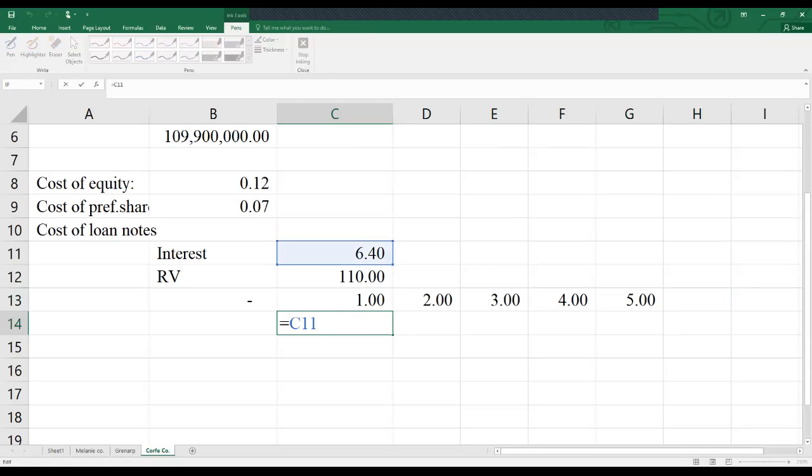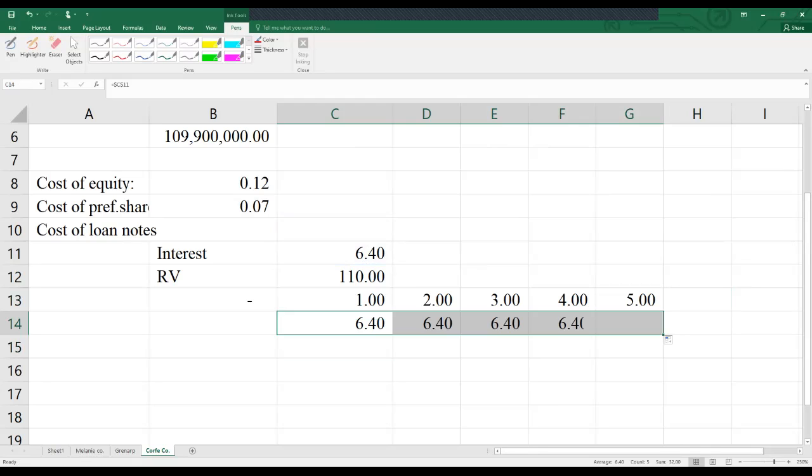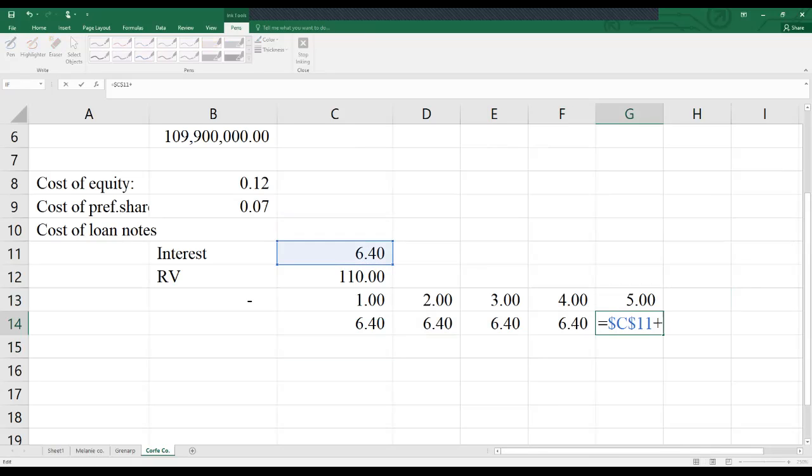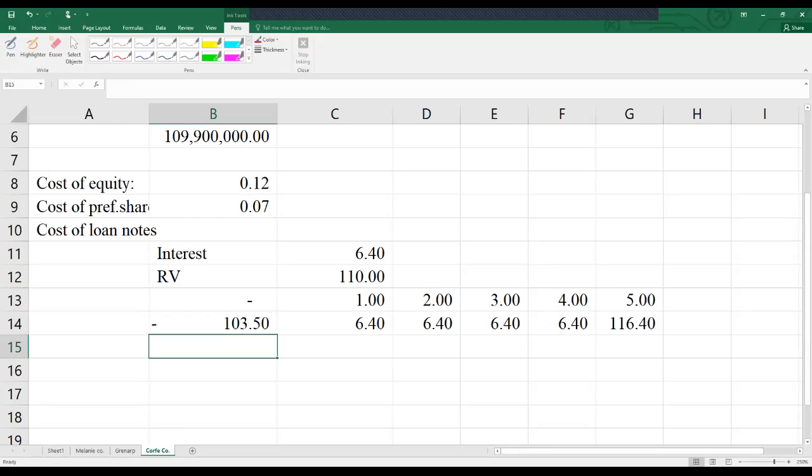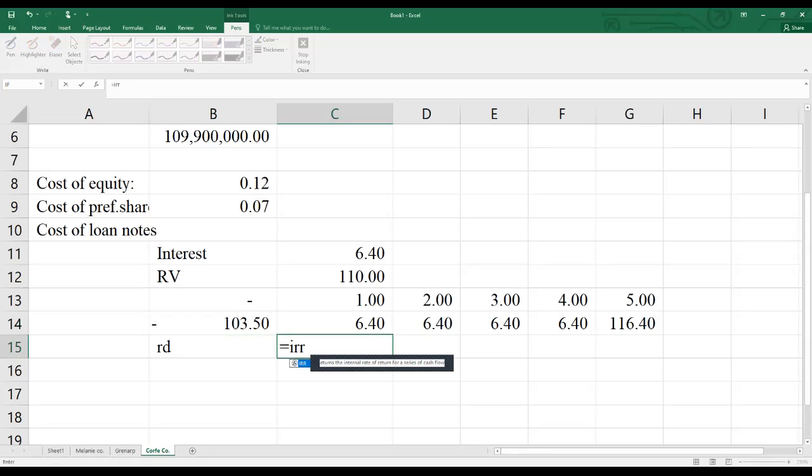Then in the final year 5, don't forget you're going to get the interest plus the redemption value, which is equal to 110. Then P naught, the current market value of the bond, is negative 103.5. Therefore, the cost of the debt RD is simply the IRR. I define the cash flow from year 0 all the way to year 5,